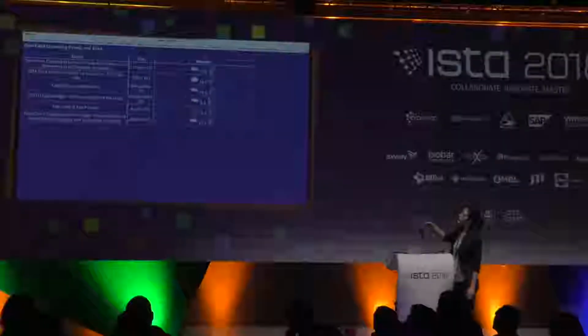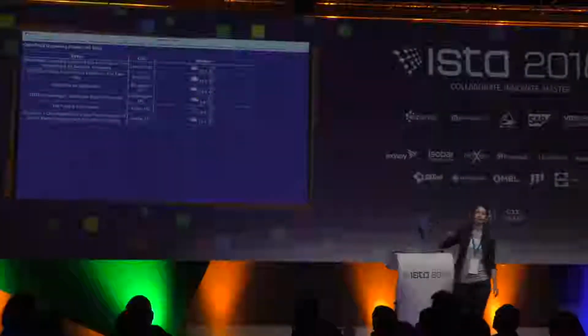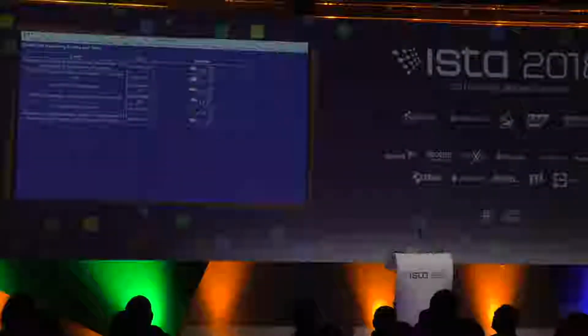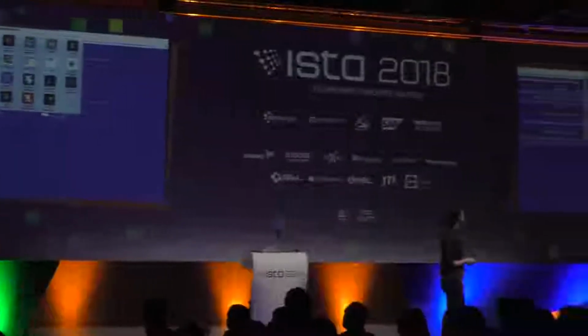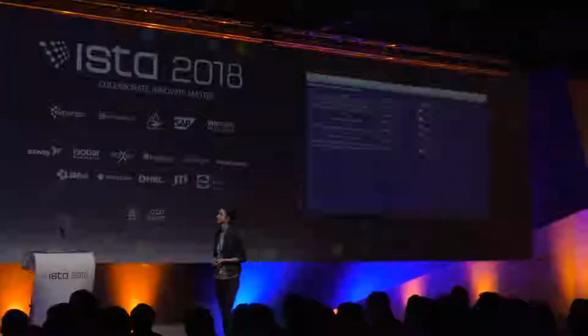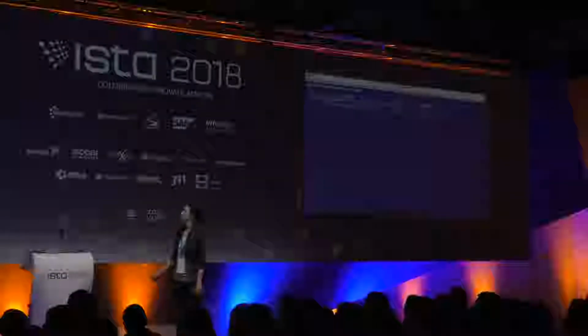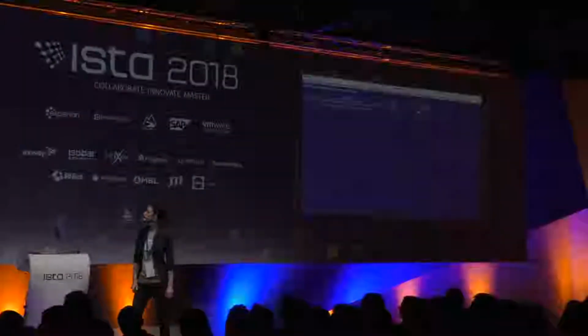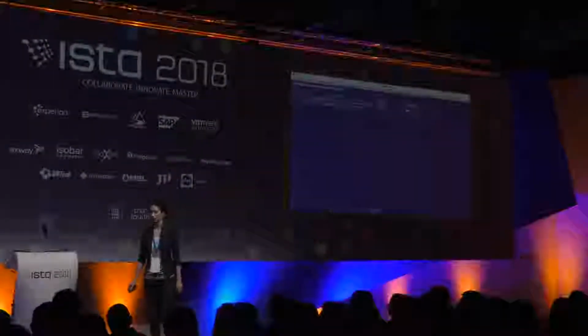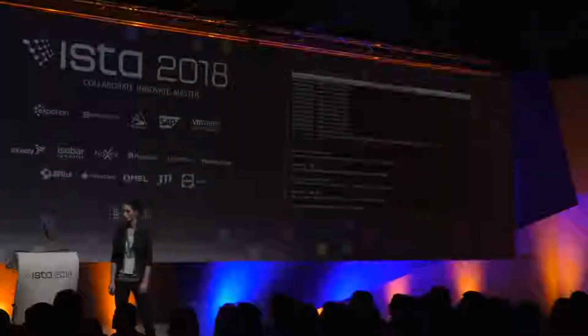We have a list of events. We have cities where the events are held. And then we have the weather there. And we can select a month of events. And this is what is coming next week in KubeCon. There will be a talk in Seattle. So we'll go back to the terminal.